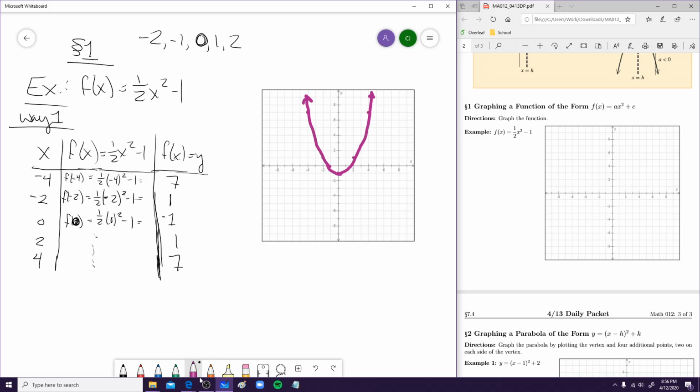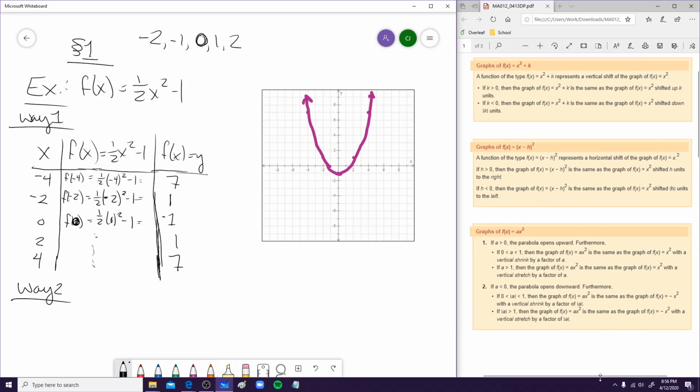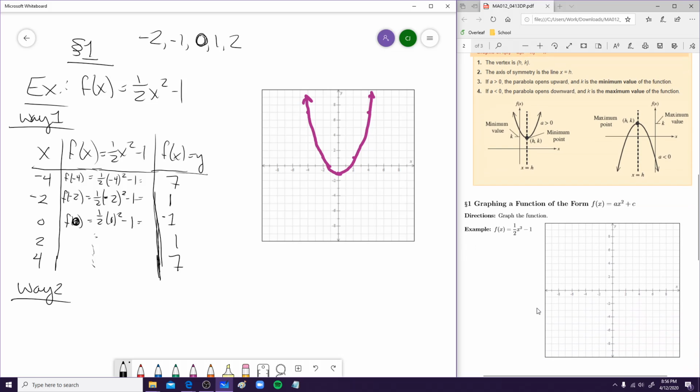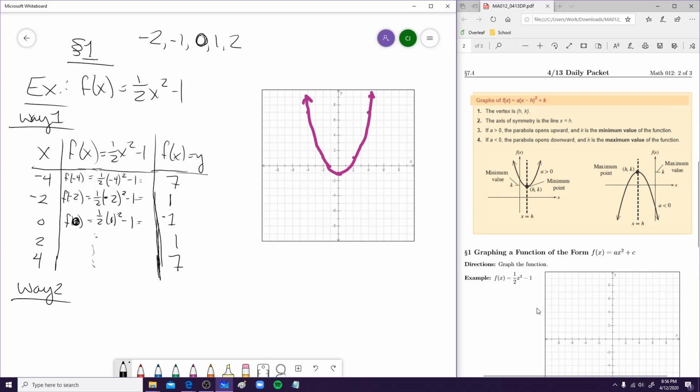So there's also another way we can do this. I'll call it way 2. So what would I do for way 2? For way 2, I'm going to use all of this knowledge that we have learned. Honestly this would not be the best for me, because you need to know the tricks for that. But we can get started, so I can still show you how to at least find a